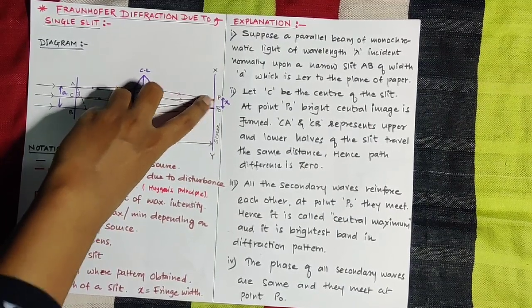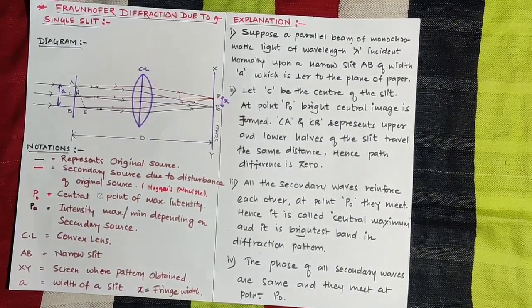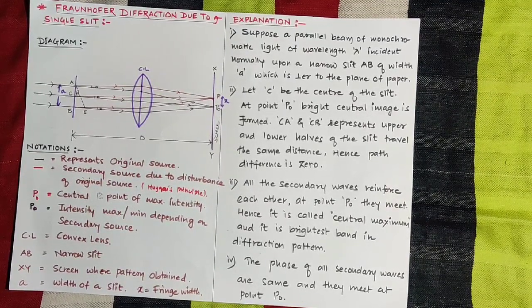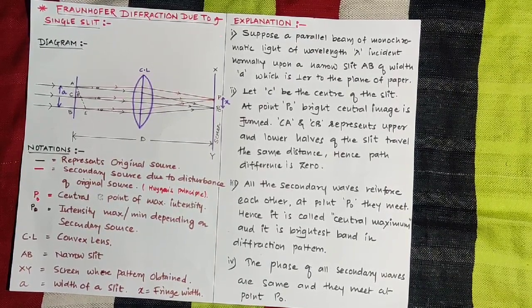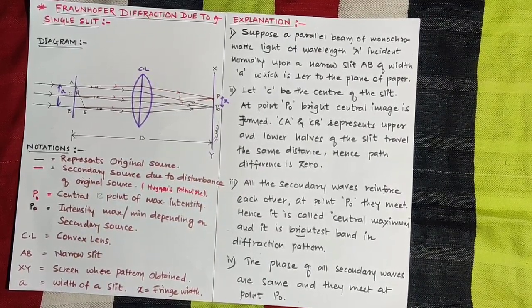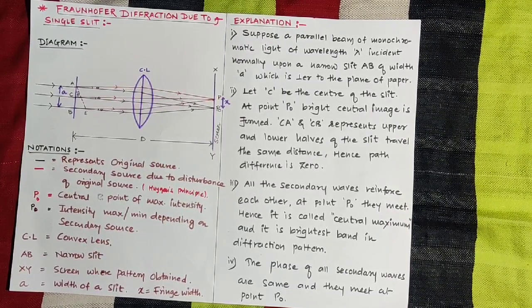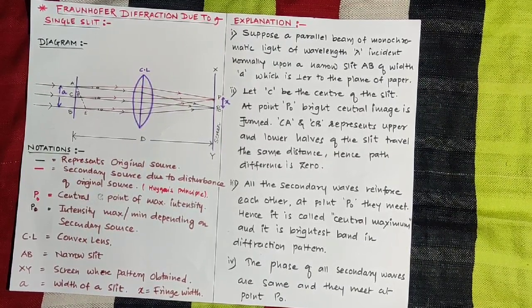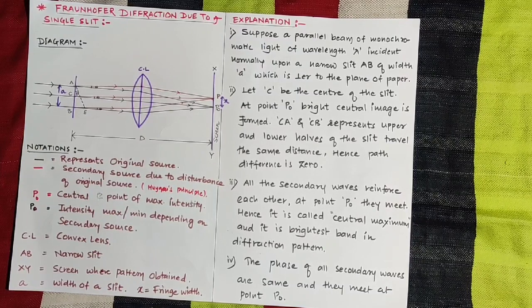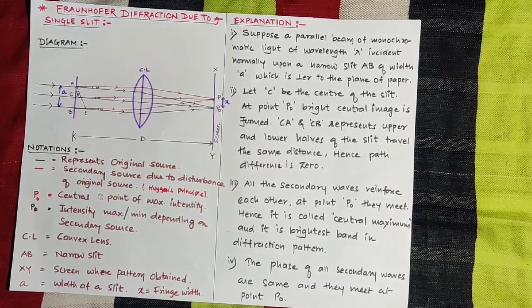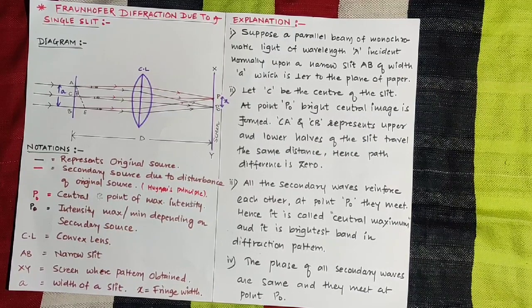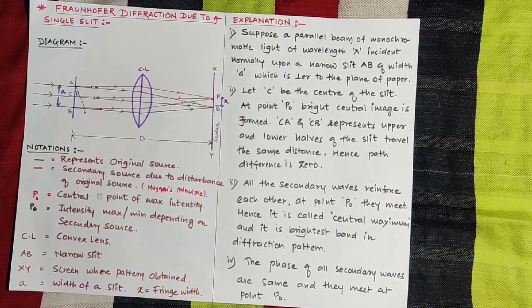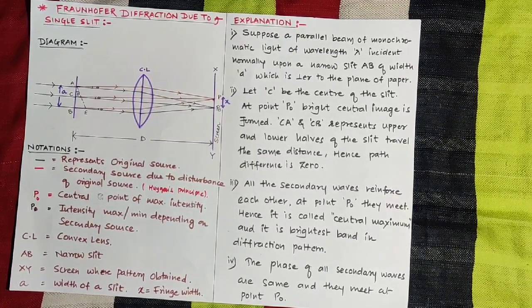The distance between P0 and P is nothing but small x, and that x is called the fringe width, and we know the formula x is equal to lambda D upon small d. We already discussed the formula for fringe width in the previous expression. We proved that the fringes are equally spaced, and in that we already derived the formula for fringe width. So come to the explanation. So the first point is, suppose a parallel beam of monochromatic light. Monochromatic means nothing but a single source of light of wavelength lambda, because here we are considering only one light.